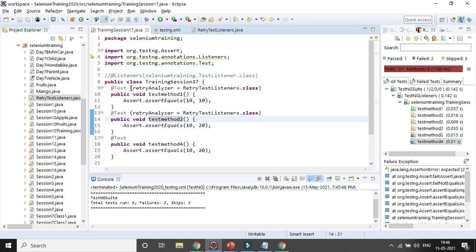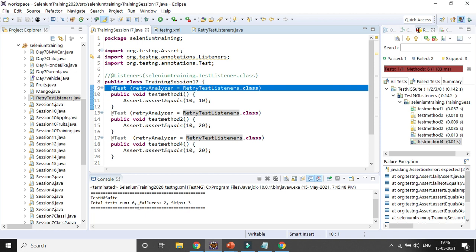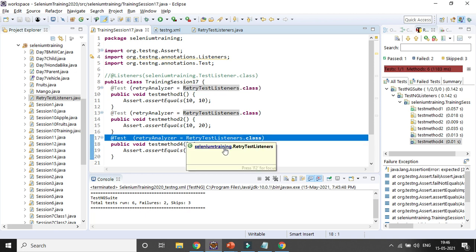Now, that will be applicable at the test case level only. Okay, now if you want to also add it for the other failed test case, let's see the difference. You can see the total run was previously 6, because test method 2 ran 4 times, the passed one ran one time, and the failed one ran one time because there was initially no retry listener given.